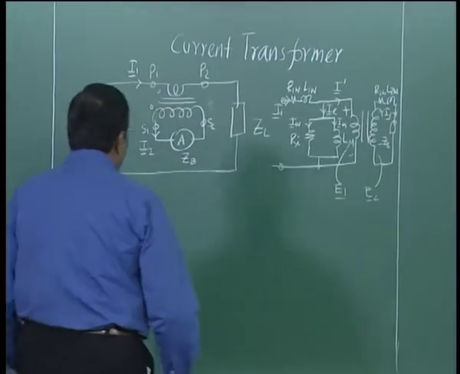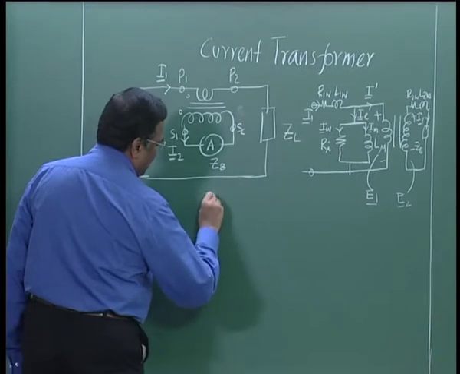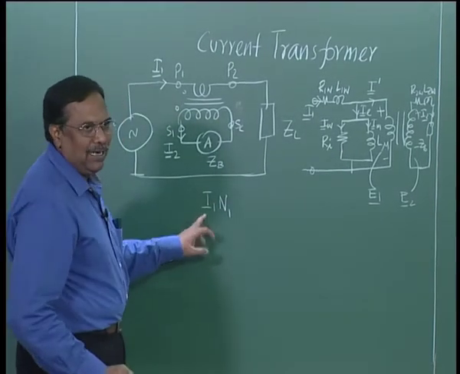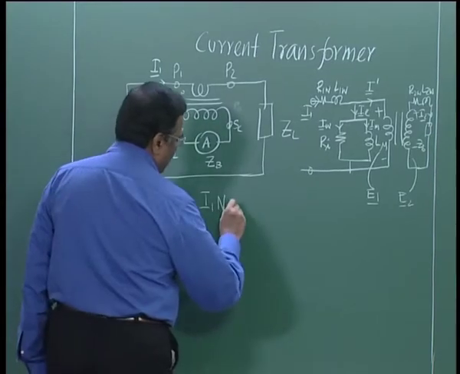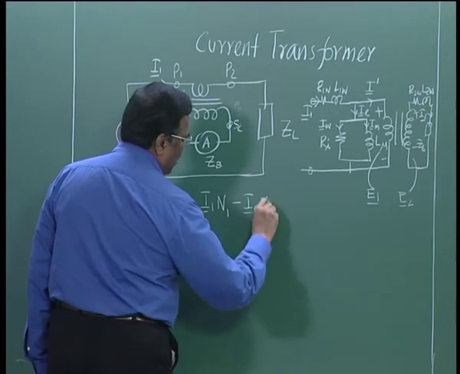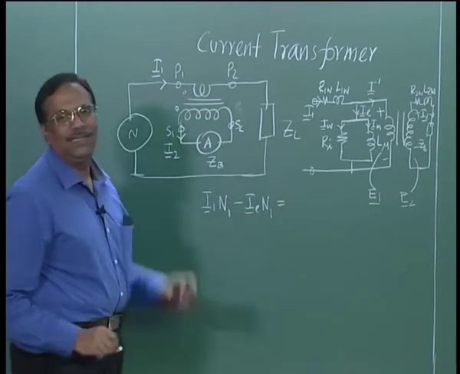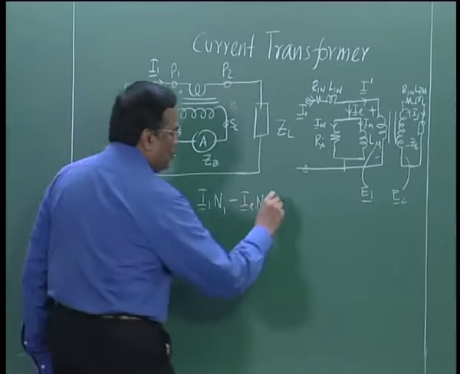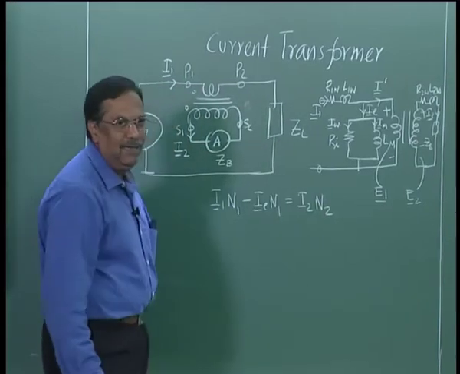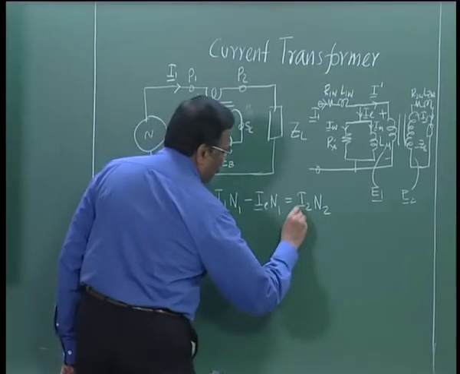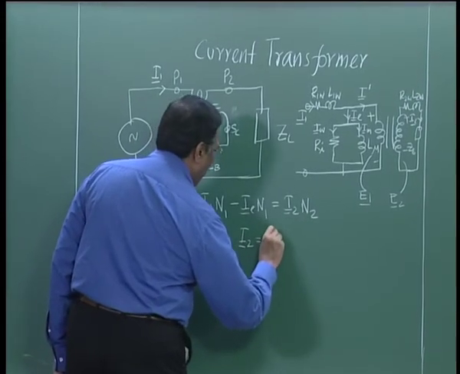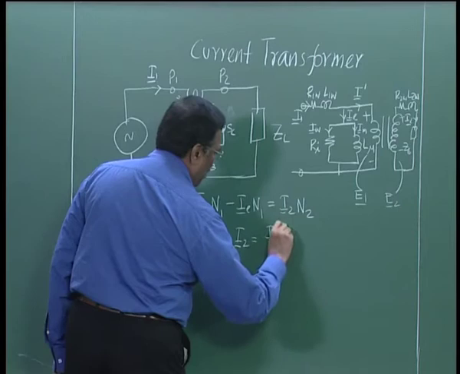So, we looked at the condition: I1 N1 is the total ampere turns that we provide, minus IE N1, which is I1 prime N1, must be equal to I2 N2, or I2 is equal to I1 N1 by N2,